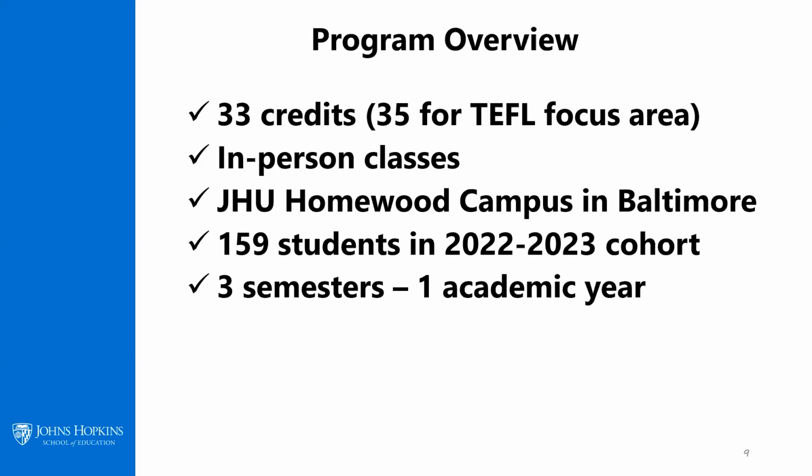The program is finished within 3 semesters. You come here for the fall semester. Typically, you'll be here around August 23rd, 24th, and you'll be here for the fall semester. Then there is a 5-week intersession break where you can travel. And then you come back for a spring semester at the end of January. That finishes at the beginning of May. Then you have a couple of weeks off, and then you come for a final session in the summer. The program usually ends around July 20th, and your degree is conferred at the end of August after it's certified that you've successfully completed the program.